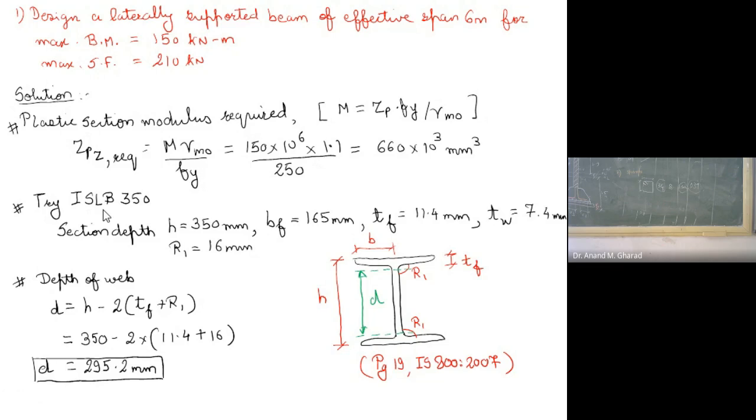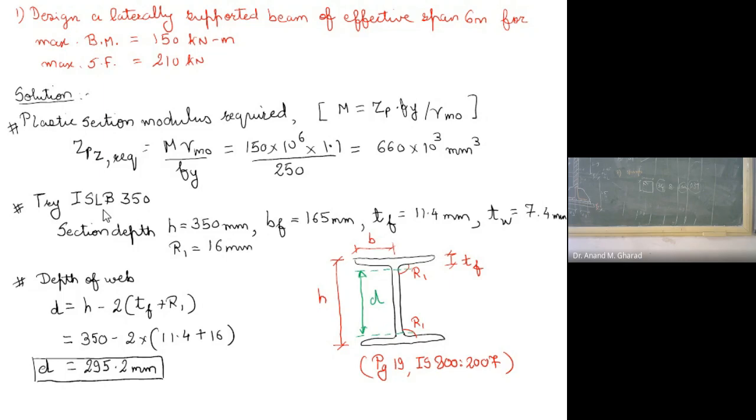Sorry, R1. Yes, R1 is the root radius. Now see, दिख गया आप लोगों को ISLB 350? अच्छा, ISLB 350 का सेक्शन मॉड्यूलस, प्लास्टिक सेक्शन मॉड्यूलस कितना दिया हुआ है? 851. 851 है, 851.11. ठीक है. So remember, you are supposed to consider the ZPZ